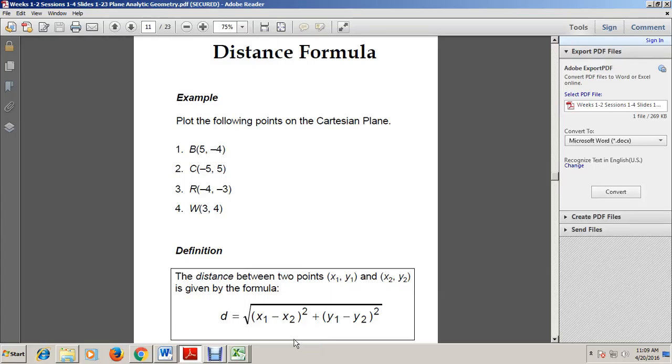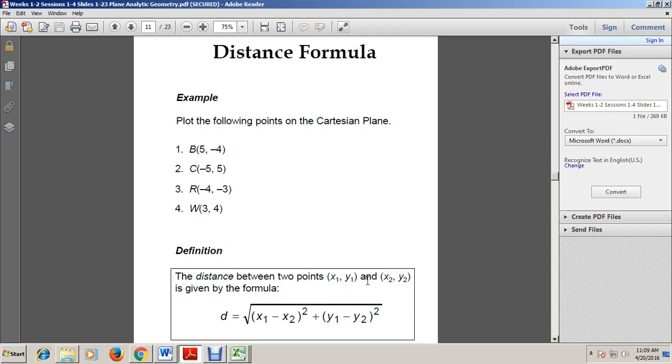Okay, so let us continue with the discussion on the distance formula. As we have presented in the first video, we have the distance formula: d is equal to the square root of (x sub 1 minus x sub 2) squared plus (y sub 1 minus y sub 2) squared. Of course, x sub 1, x sub 2, y sub 1, y sub 2 are the coordinate points